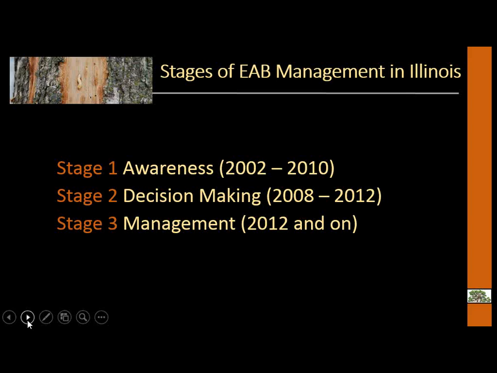Stage two is decision making, and that ran from 2008 through about 2012, 2013 in northern Illinois, where communities made decisions based on information from the state, the federal government, private practitioners, consultants like me, and based on their understanding of their fiscal resources and of their ash population, they started making decisions on how they're going to